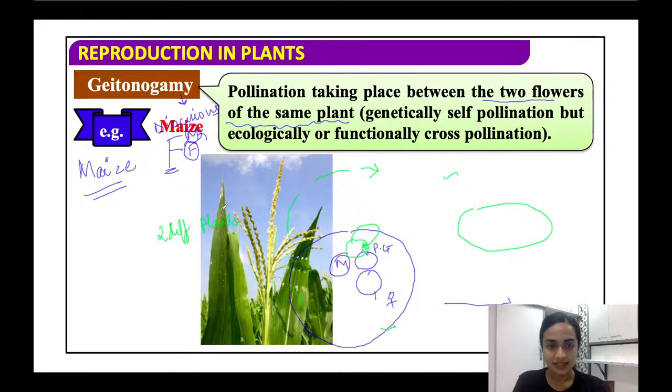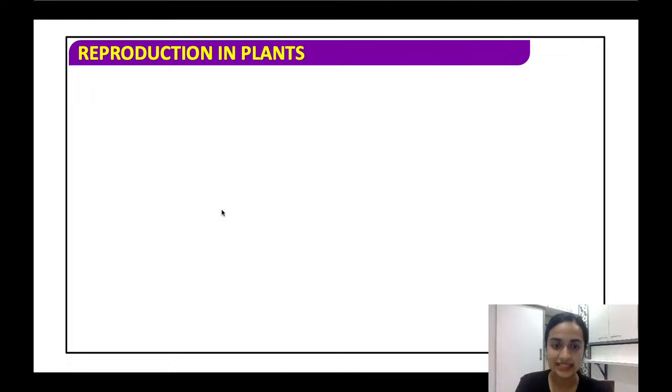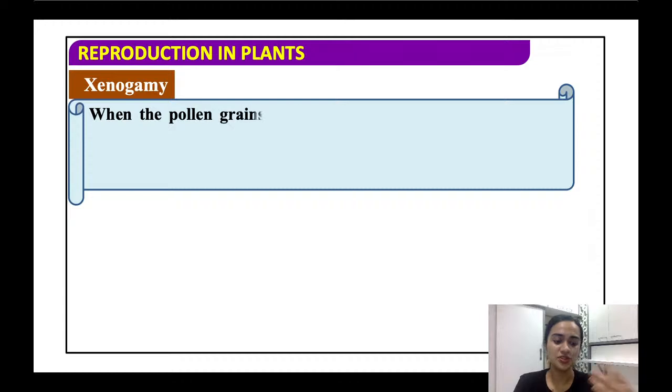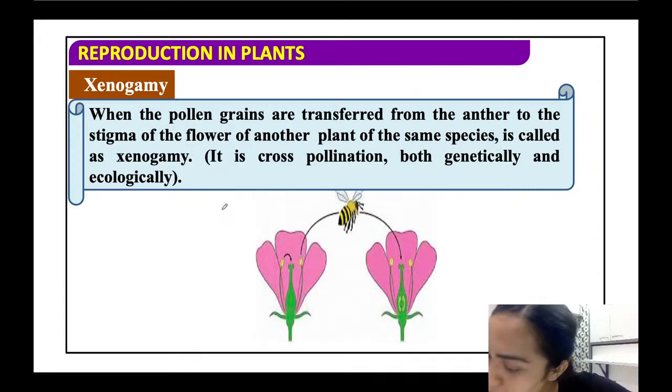Moving forward, this is an example of maize. Maize is the best example for self pollination. Now coming to xenogamy. Xenogamy simply means,